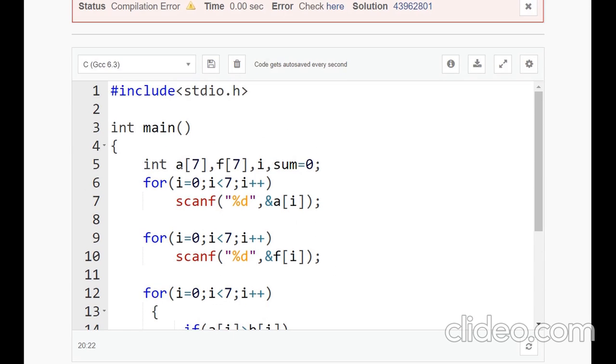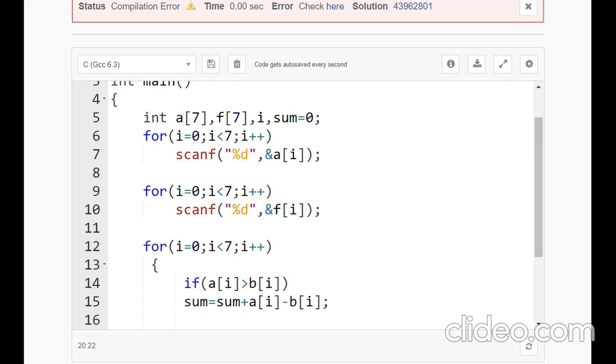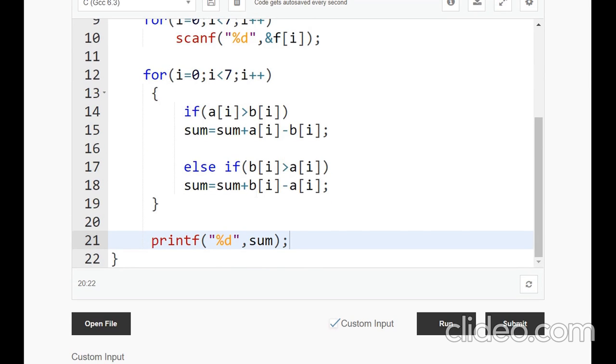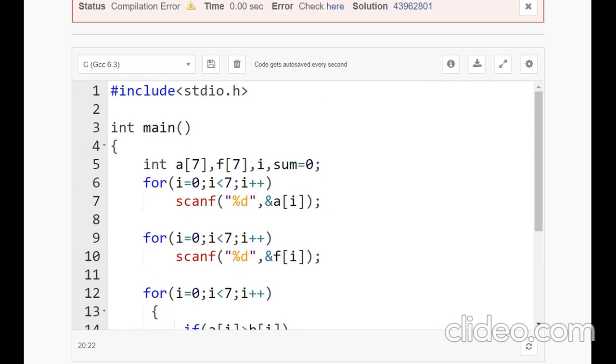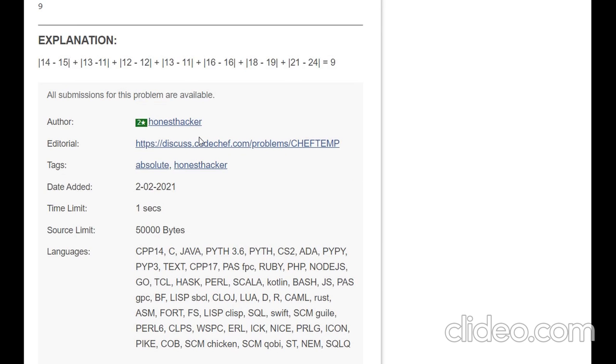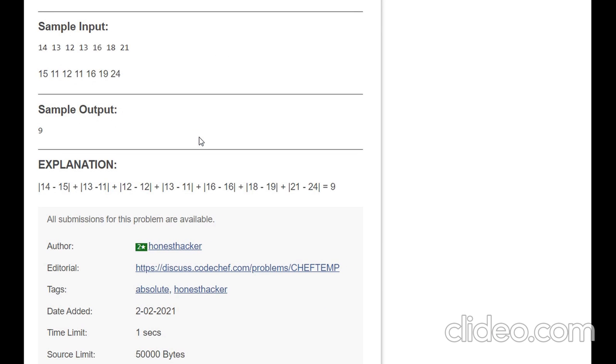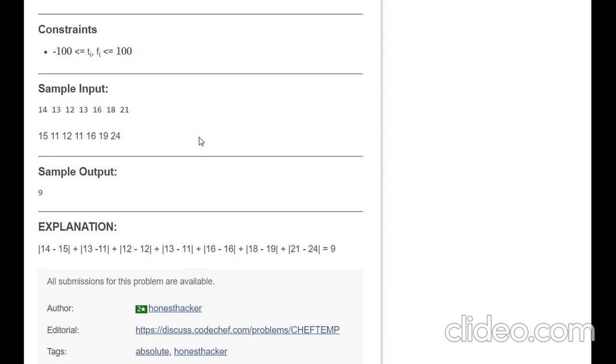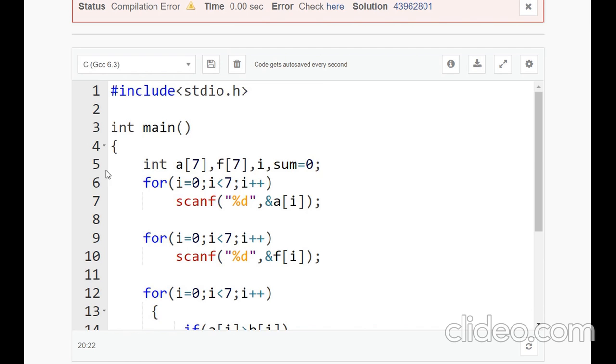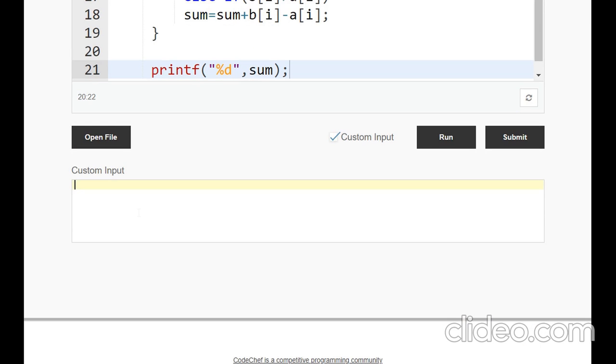Okay, C language. So what does the question say? Let's check the input and output for this. This is the sample input.